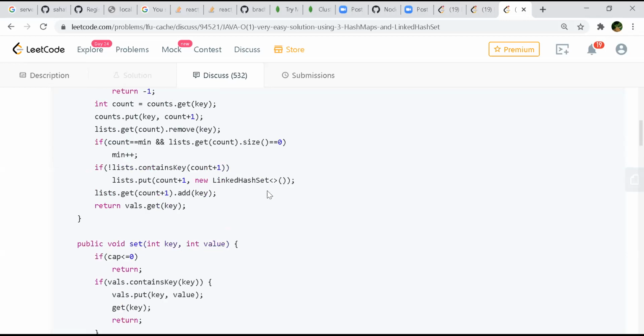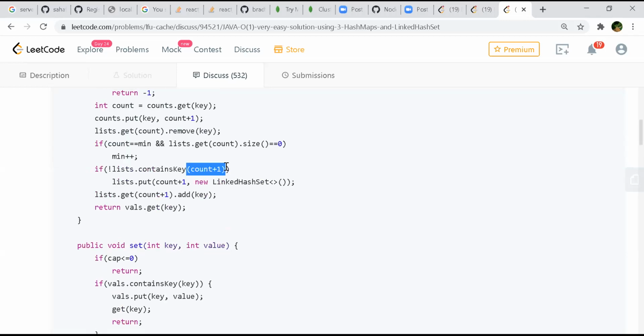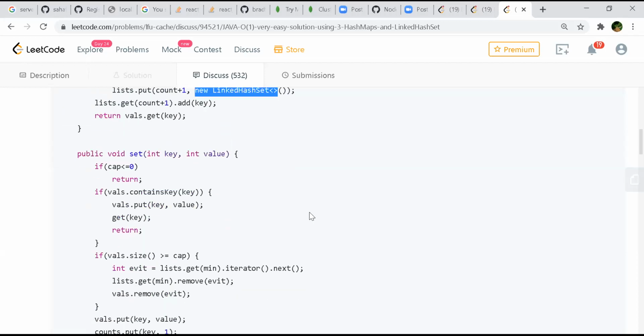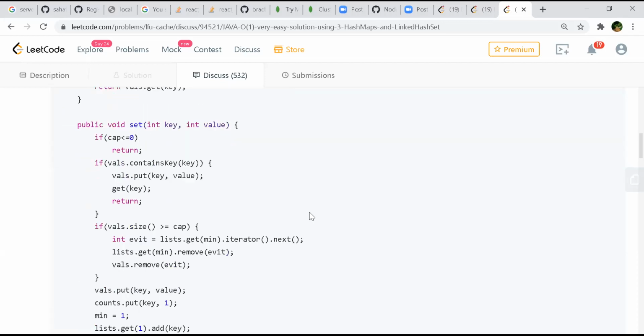So here he is increasing the frequency of whatever he got from here, and then checking whether it is present in the list or not. If not, then he'll increase the frequency and put it into the new hash set, or linked list. It's just moving from one bucket to another, right? In this case. Yeah, it makes sense. And that minimum frequency is incrementing.